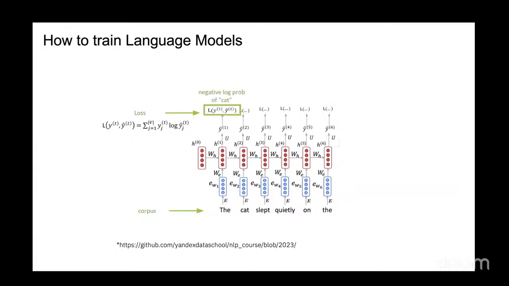For instance, let's say hypothetically I have all the English books which have been written. I have text from all the possible English books written till now. I can take the text and give it to the model. The model will then try to reproduce the text. For instance, take this sentence: "the cat slept quietly on the." It tries to reproduce each of the words. Given "the," it tries to reproduce "cat." Given "the cat," it tries to reproduce "slept." Given "the cat slept," it reproduces "quietly," and so on and so forth.